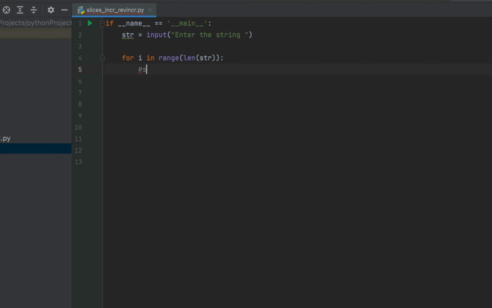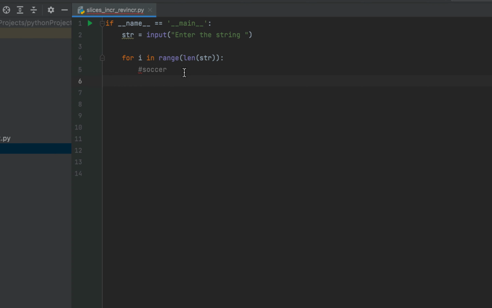Now, if our string is soccer, then when i is 0, which means that the loop runs for the first time, we need to add s to the list. When i is 1, which means in the second iteration of the loop, we need to add so to the list.